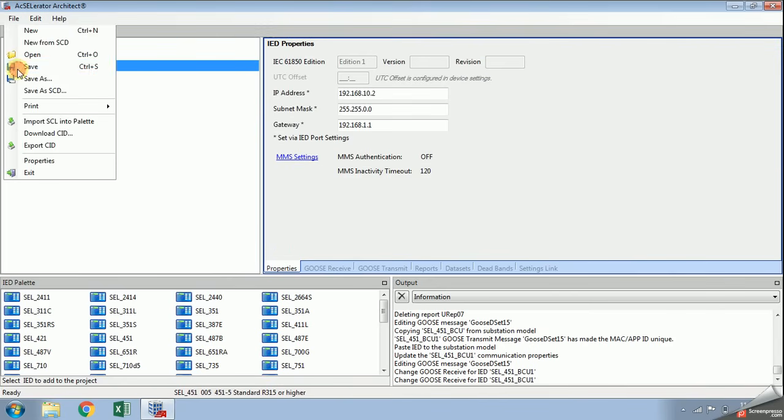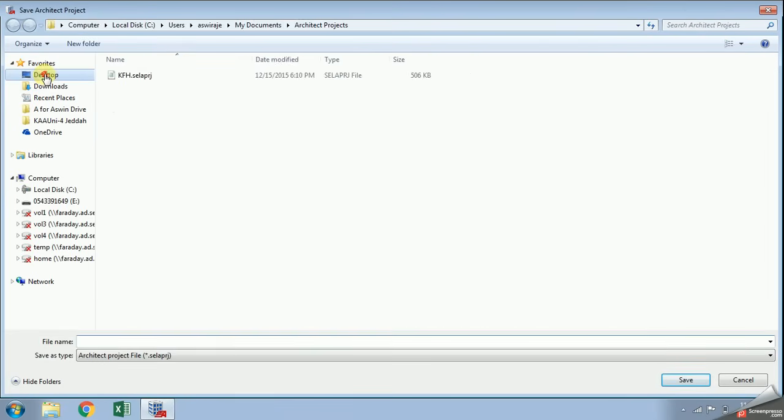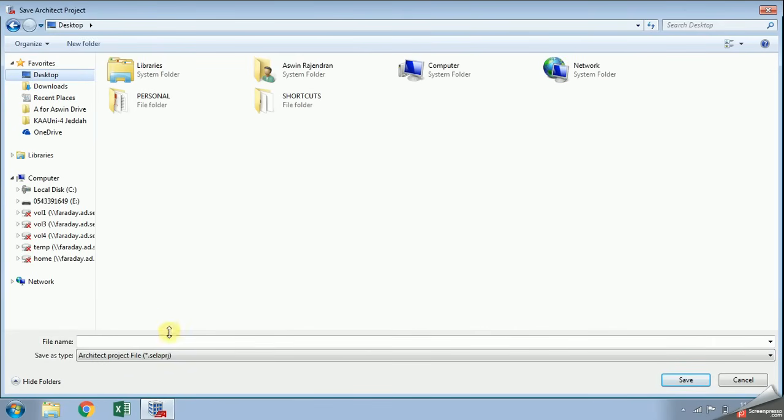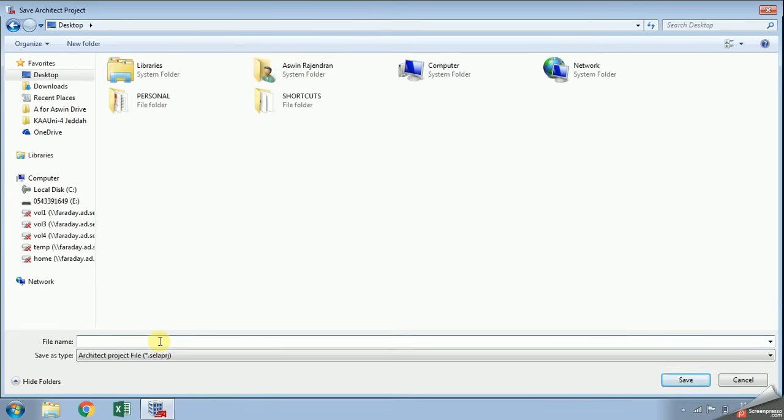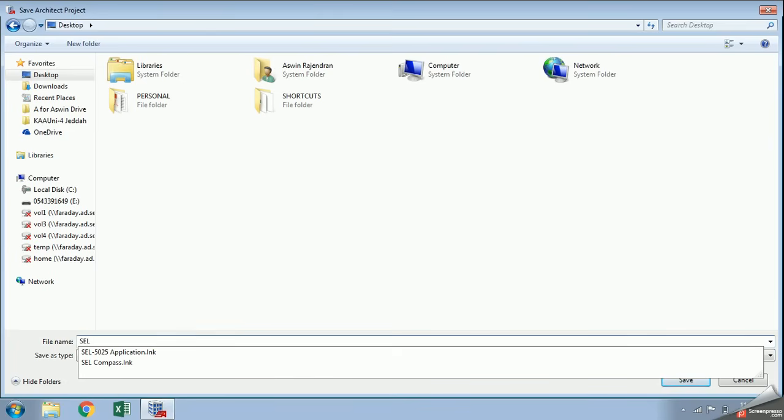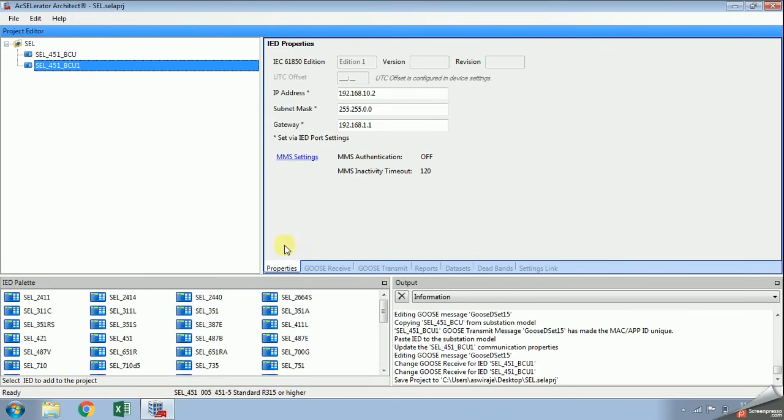And don't forget to save your file. SCL, and just save it. Okay, so your project is ready,